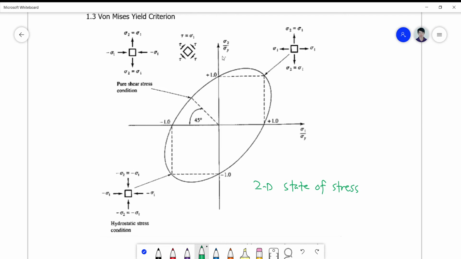We define both axes as a ratio of your actual stress all over the yield stress sigma y. So for the biaxial state of stress, we will be considering sigma 1 and sigma 2 as your normal stresses,